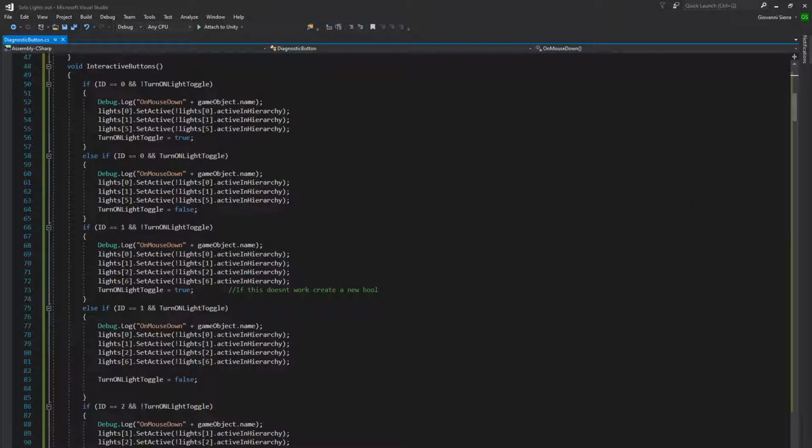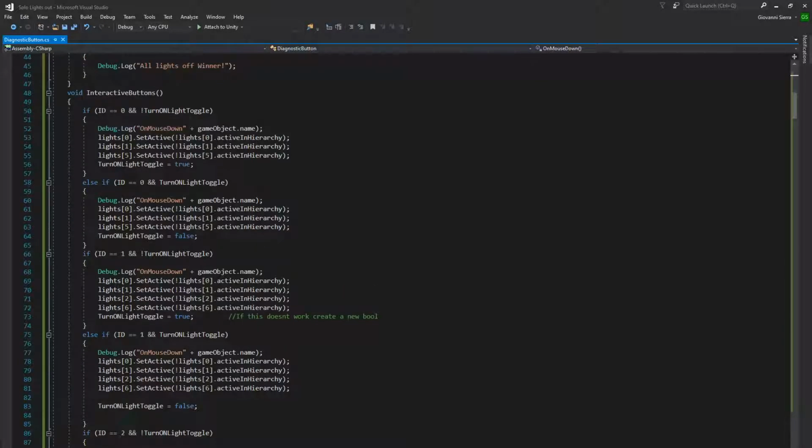And here's the code, interactive buttons. So if ID equals 0 and turned on light toggle is false,